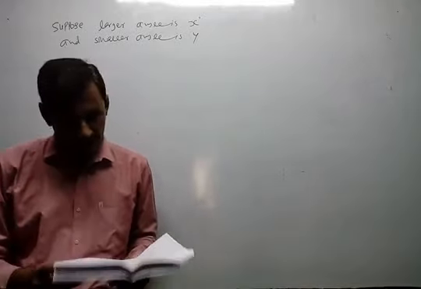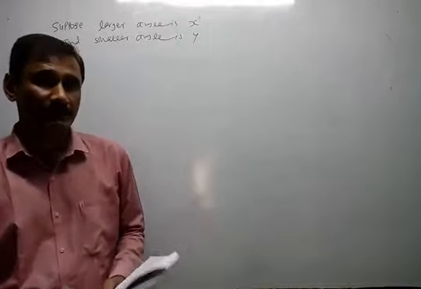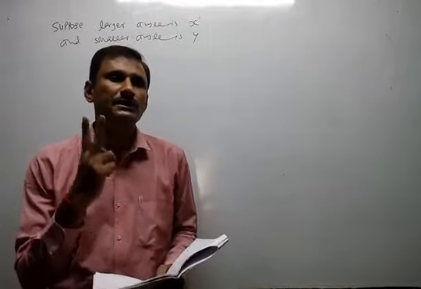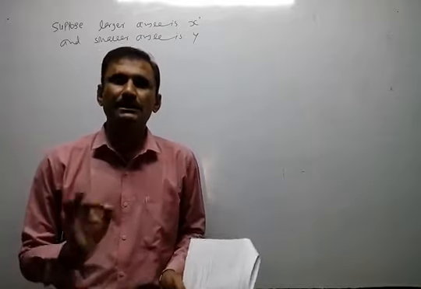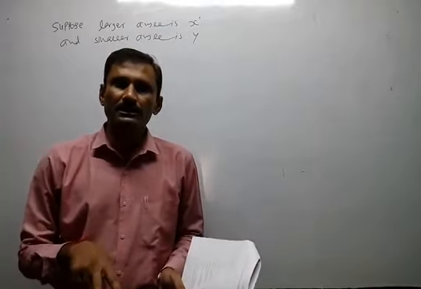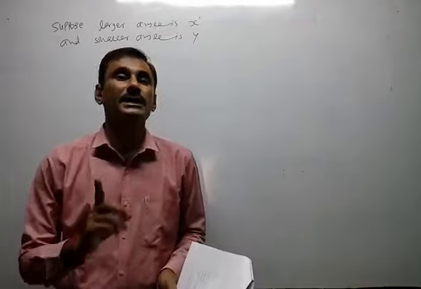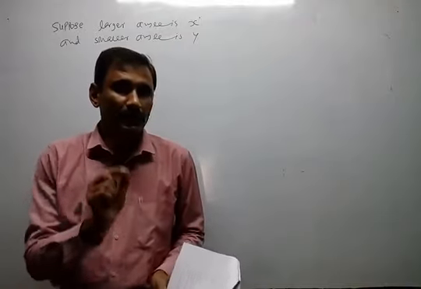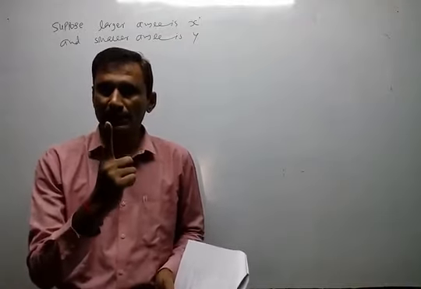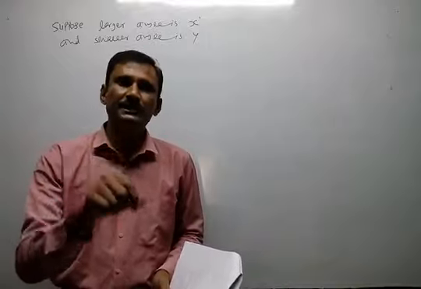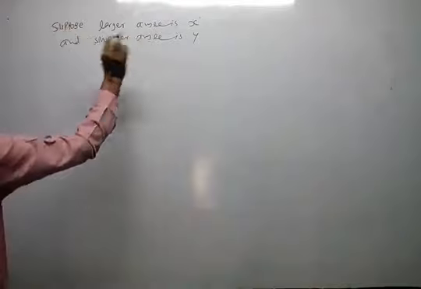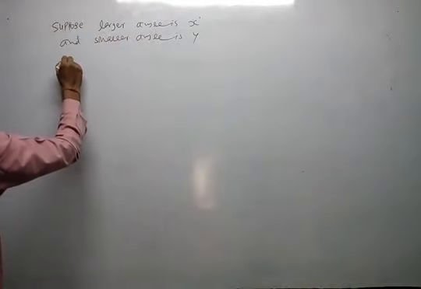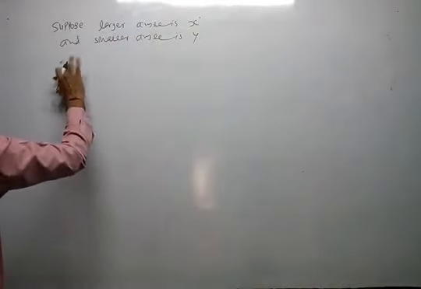You might be confused that there is only one statement, but in one statement two pieces of information are given. First of all, look at supplementary. Supplementary means those angles whose sum of measurement is 180. So in the single word supplementary, one equation is given. So first of all, write both angles are supplementary.